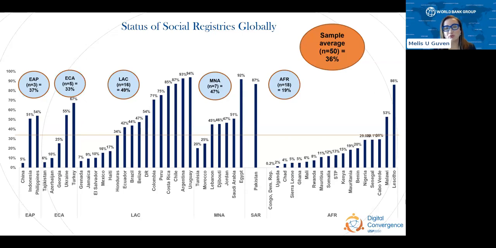But according to what we currently have, the average coverage stands at 36% of the population, although there is a wide range that spans from less than 1% to an impressive 92% coverage. So this highlights that while progress has been made, many countries still have room for improvement in both expanding coverage and making their social registries dynamic as well. And really, it's an ongoing journey towards achieving comprehensive dynamic social registries to support adaptive social protection and improve service delivery, and integration of social registries and